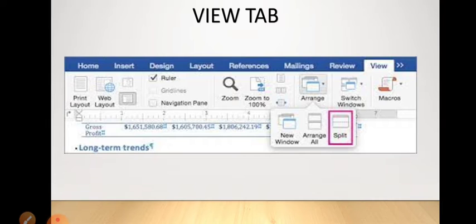Correct. Now zoom 50%, 60% till 100%, you can make your page zoom. Ruler, if you don't want the ruler, see here the ruler option is there. If you don't want that ruler, you can click on that ruler option. Okay, correct. Now here in the arrange option, new window,